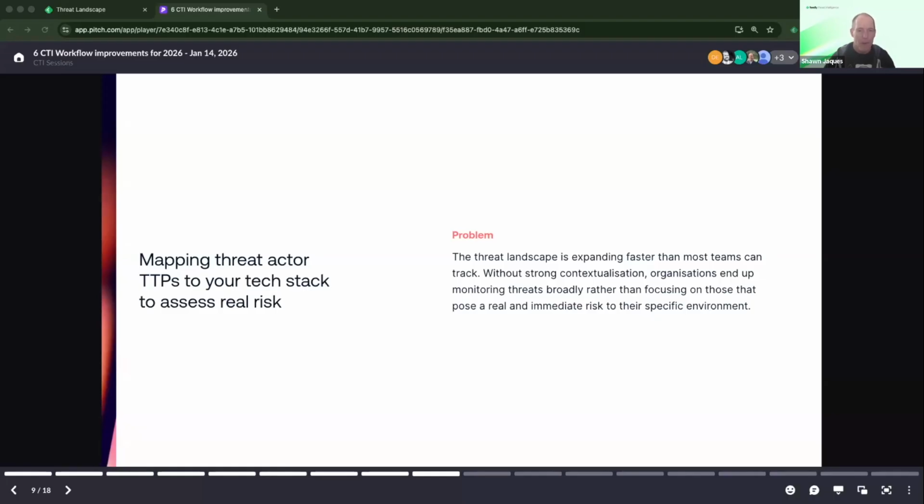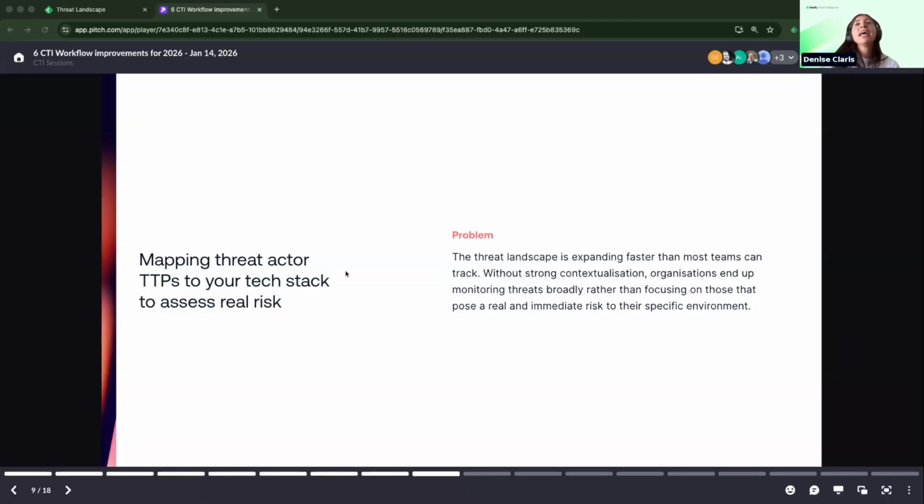Yep, perfect. Alrighty, so pivoting on from that threat hunting piece just covered by Andy, I'm going to be looking at threat hunting from a TTP perspective. The problem I'm trying to solve is identifying real and immediate risk in your environment as an organization. Whilst monitoring the broader threat landscape is important, we also want to extract from all our resources the immediate risk that can actually successfully materialize